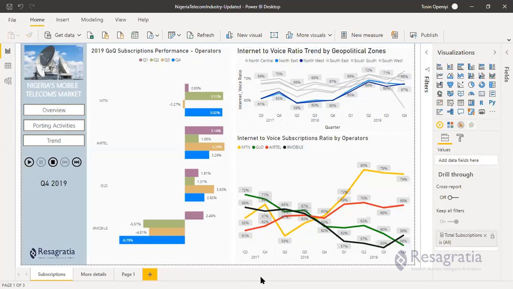Yeah, so then we have internet to voice ratio trend by geopolitical zones and voice ratio by quarter-on-quarter subscriptions performance. Is it based on total voice and internet or just voice in this case?